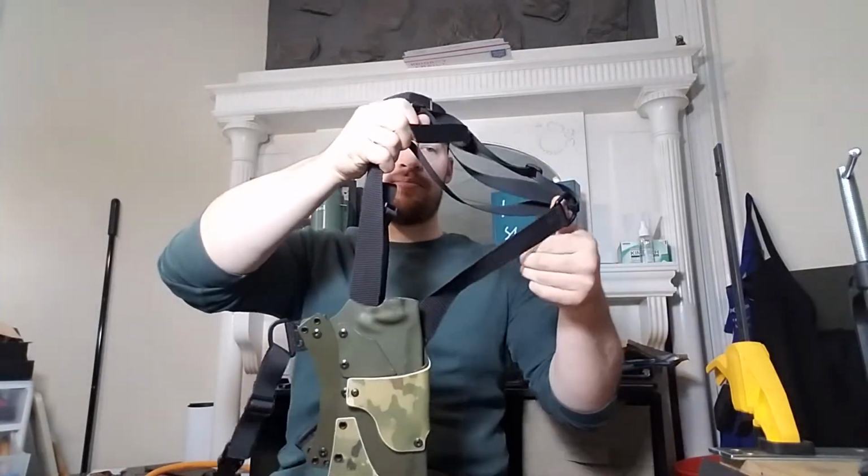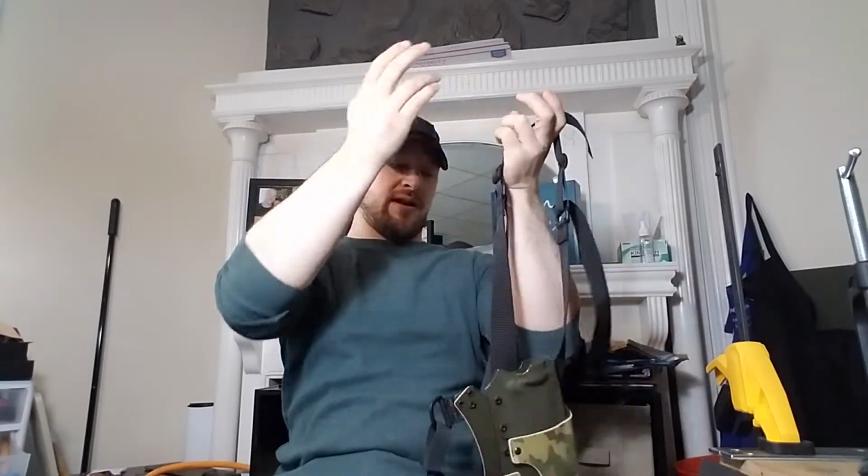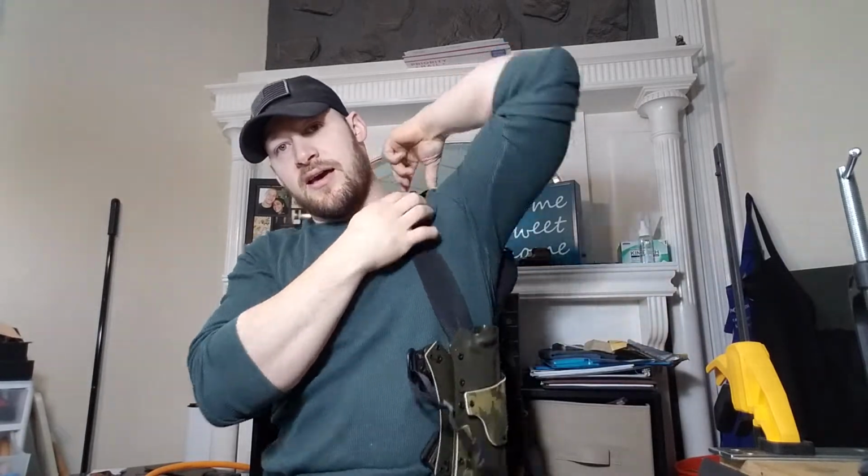This doesn't actually connect to the belt, and the reason why is because I know he's going to be using it outside, obviously, for some hunting and whatnot. And in Maine we get a lot of snow, it's very cold, so I know he's going to be wearing a heavy coat at some point, and I didn't want to have a situation where the sheath was dependent on being able to get down to the belt, being able to clip onto the belt, just in case he's wearing a jacket that's obscuring it. So that would be a big problem. You'd have to have your winter jacket bunched up and the strap going over and under,